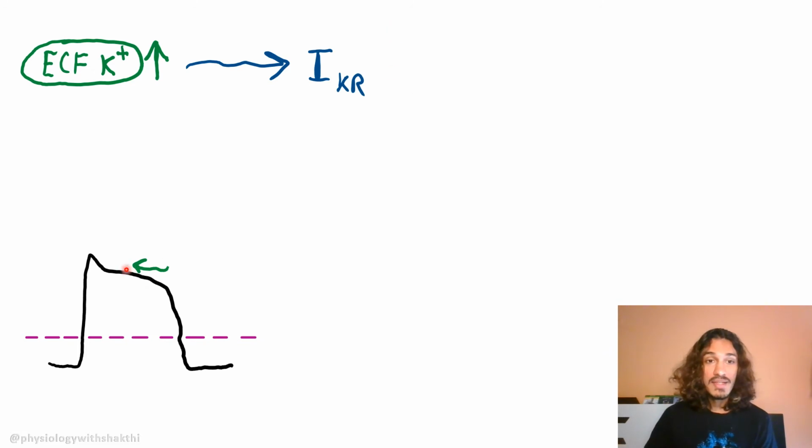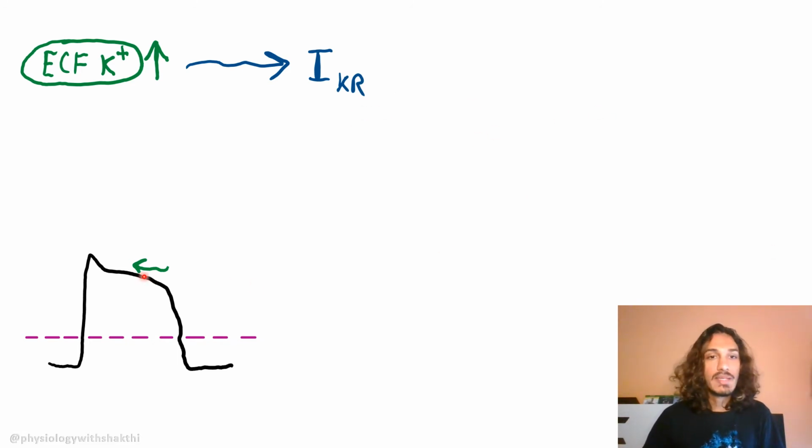This IKr is somewhere over here. The thing about IKr is it requires extracellular potassium to keep it active, to open it up. The extracellular potassium has increased, so more of them will get activated, which means more potassium is going to go out easily,